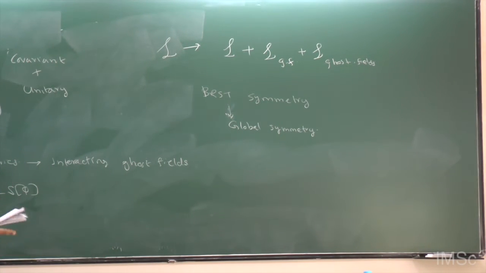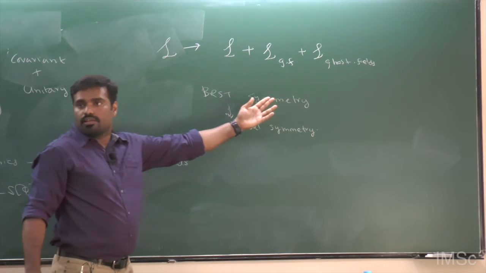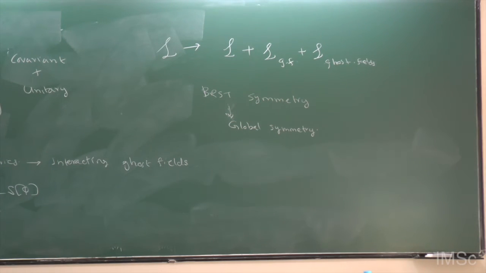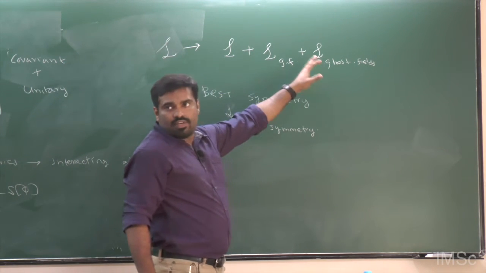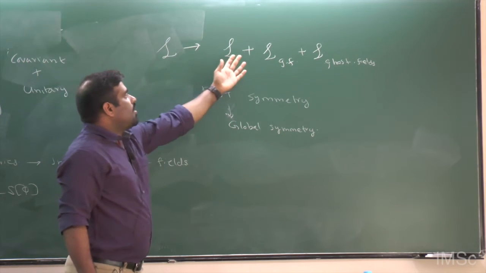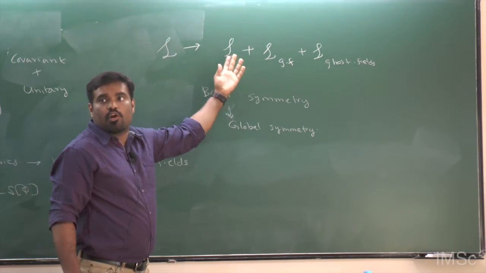And you want the theory to be invariant under this global symmetry. So you have a BRST symmetry. You gain BRST symmetry starting from scratch, and then did the gauge fixing and added enough gauge fields, and you saw that still you have a symmetry left over. It's not a gauge symmetry, it's a global symmetry.